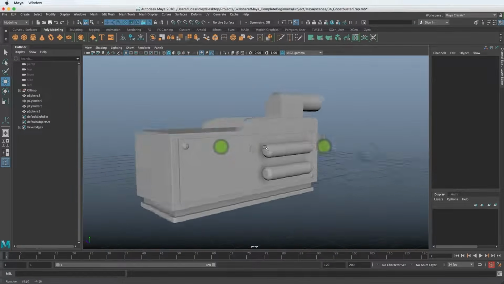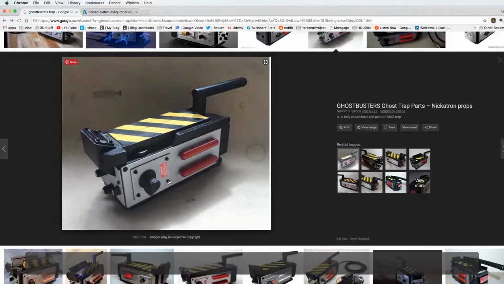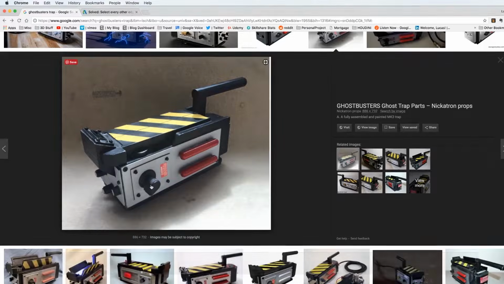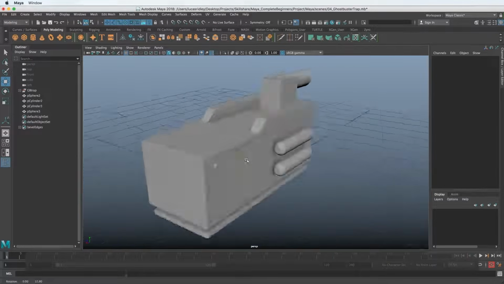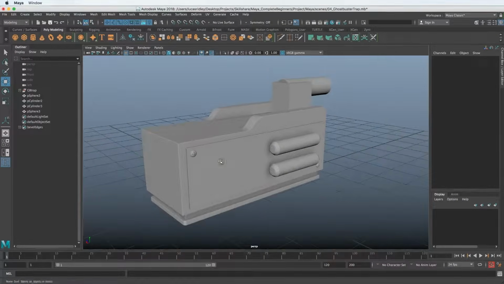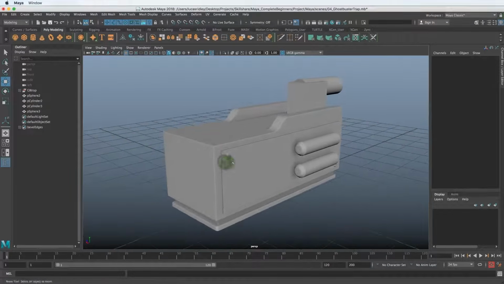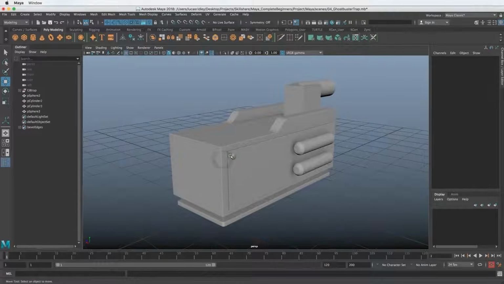So the next thing we're going to do is create the knob here that's in the center piece. And you can see that it has these ribs around it, so we're going to need a special type of technique to model that, a repeating pattern over a curved surface. And so in the next lesson, we'll cover that and add more detail to this. Thanks for watching, and I hope you learned quite a bit in this lesson. All right, see you then.